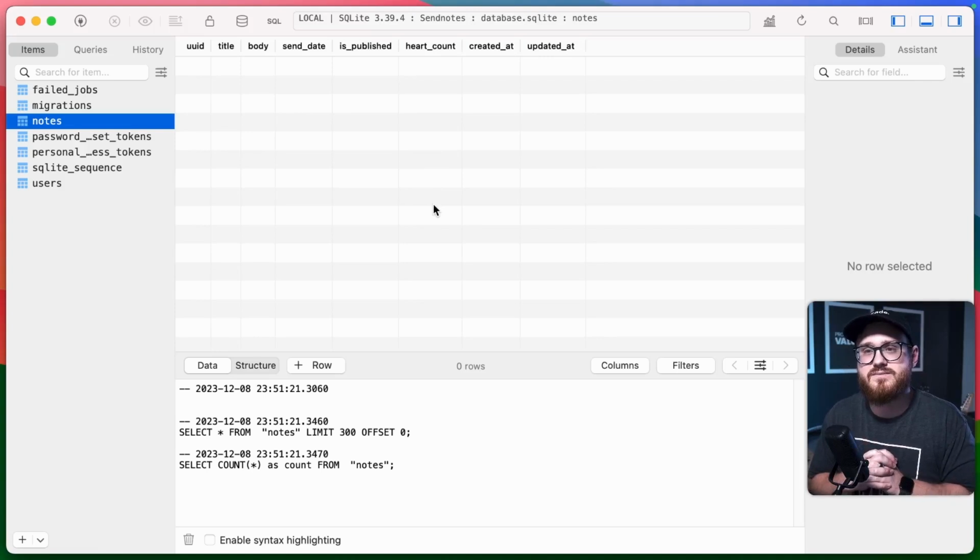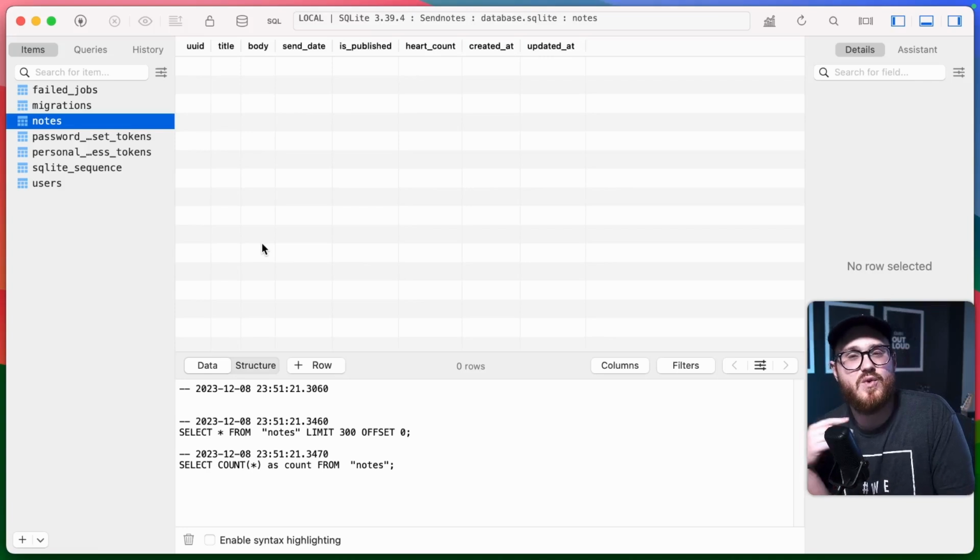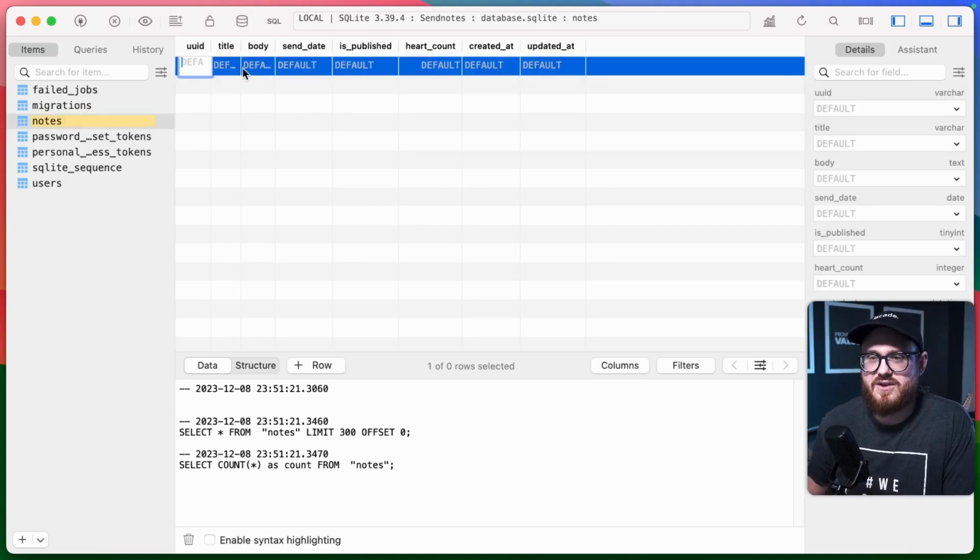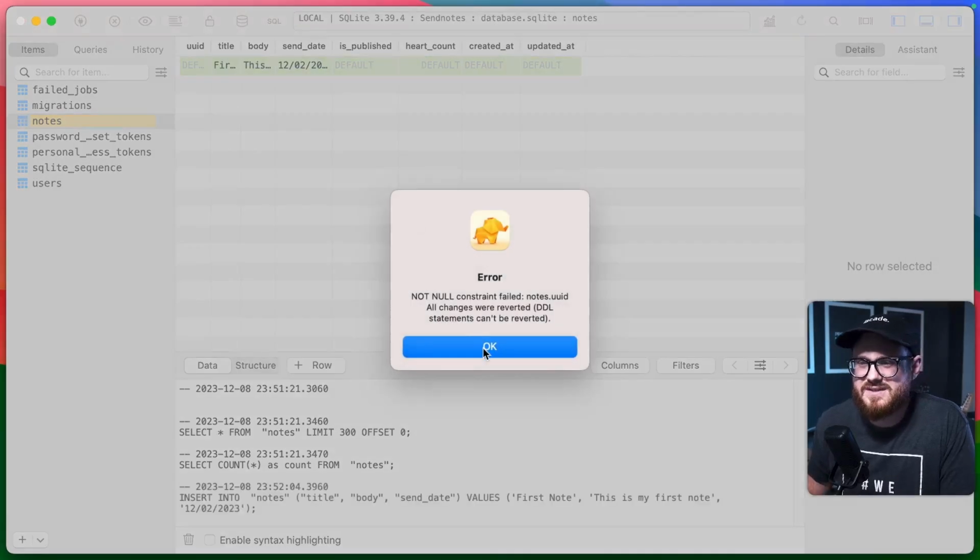Now, one of the ways that we could definitely enter all of this manually if we want to, but let's just leave this for now. I'm not too concerned about creating something out of the box, but we could give it a title. We could say first note. This is my first note. We'll say this is 12/02/23, default of false, default. Okay, now if we save this,